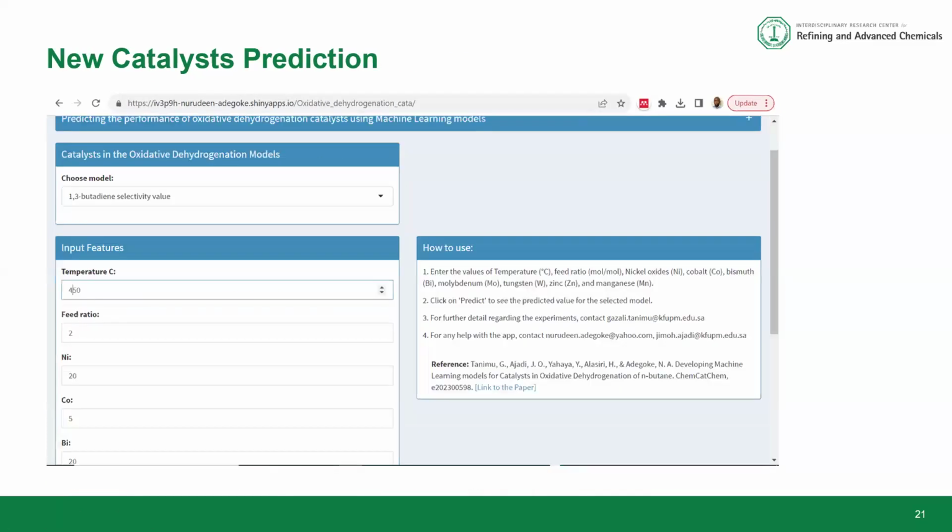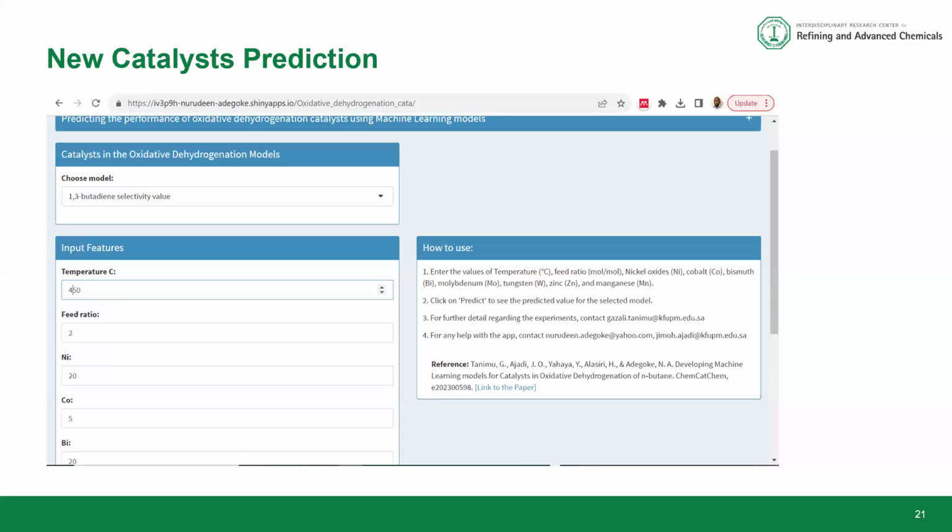It's very user friendly. However, there are a lot of disclaimers that you have to take into consideration before you can apply it. It's based on the domain with which we tested. We obtained this data based on the ranges of the temperature, the loading of the metal oxide, and the type of metal oxide that we have used. However, for another application, or a similar application, this can be developed, and it saves time in going to the lab to synthesize and test.